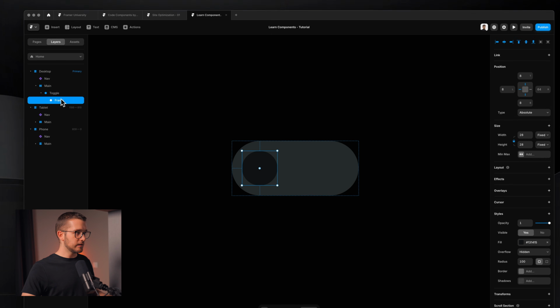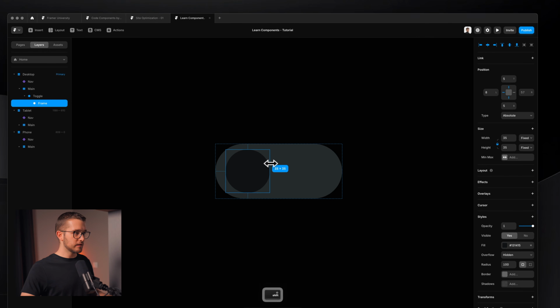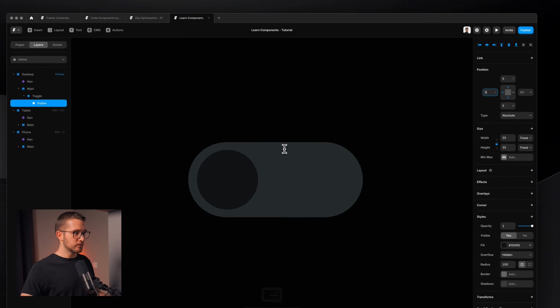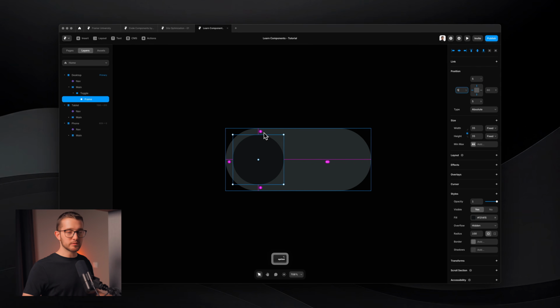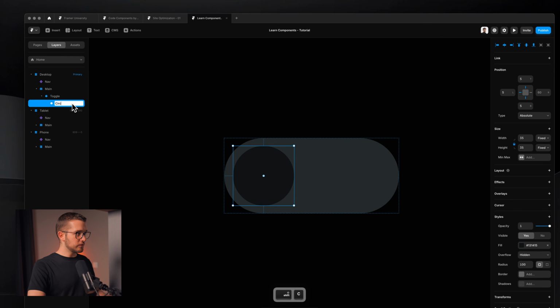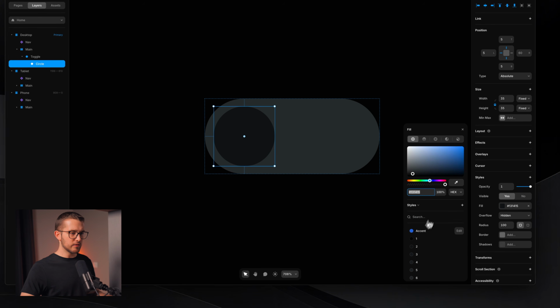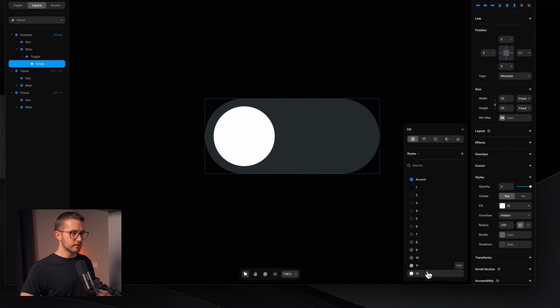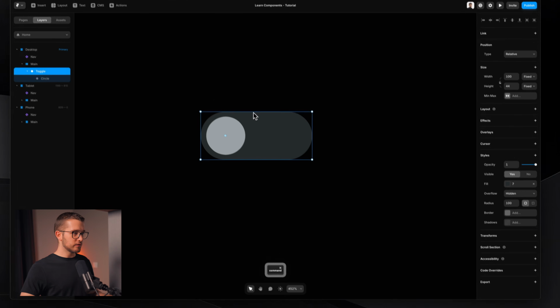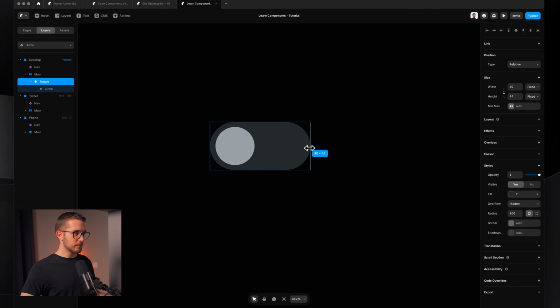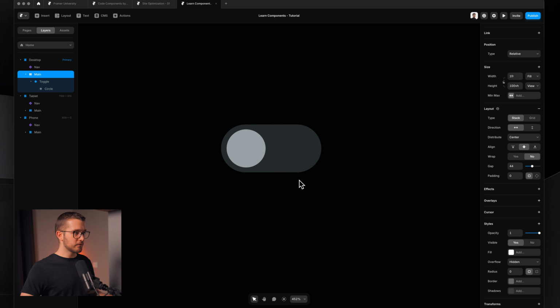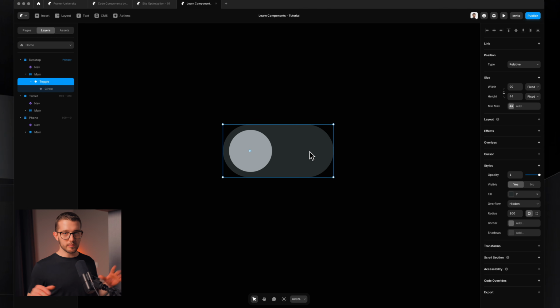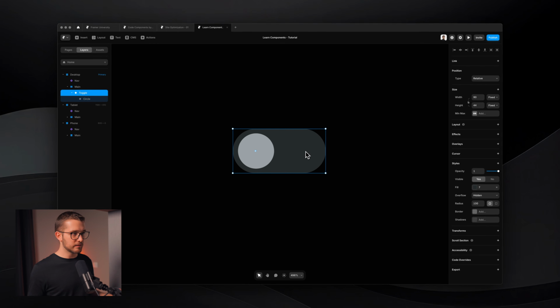So let's select this circle here, make it a little bit bigger, and then also change that left pin to 5. So we have 5 pixels from the top, left and bottom. And so this will be renamed to circle. And I think I'm gonna give it a color of like this gray. So then I can maybe make it a little bit smaller in terms of width. And so this is now a simple frame, simple element in Framer, this toggle, but we can turn this into